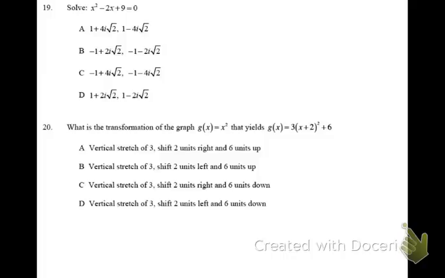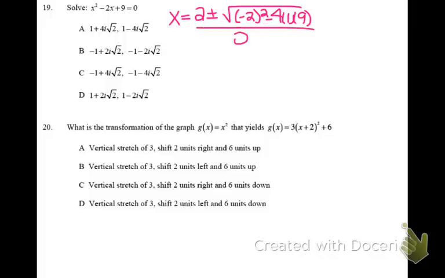19, if you look at your answer choices, you do have complex solutions, which means it's not factorable, so use the quadratic formula once again. So negative b, so that's a positive 2 plus or minus the square root of b squared minus 4 times a times c all over 2 times a. So I have 2 plus or minus the square root negative 2 squared minus 4 times 1 times 9, which gives us negative 32